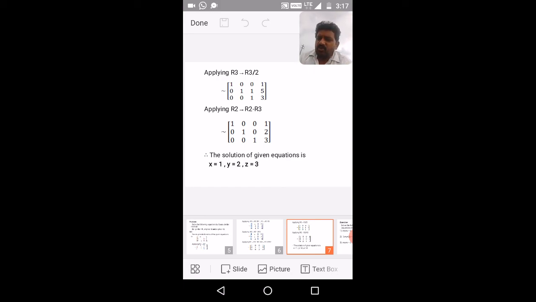But if you don't practice at home, or you don't complete all the questions of your text, it is too tough compared with the other two methods. You cannot get the answer, you will be confused, you will leave the solution in between, or finally you will put it in some wrong form. So that's why the importance here is practice.